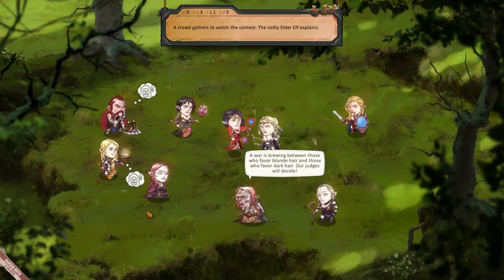A crowd gathers to watch the contest. The sickly elder elf explains,